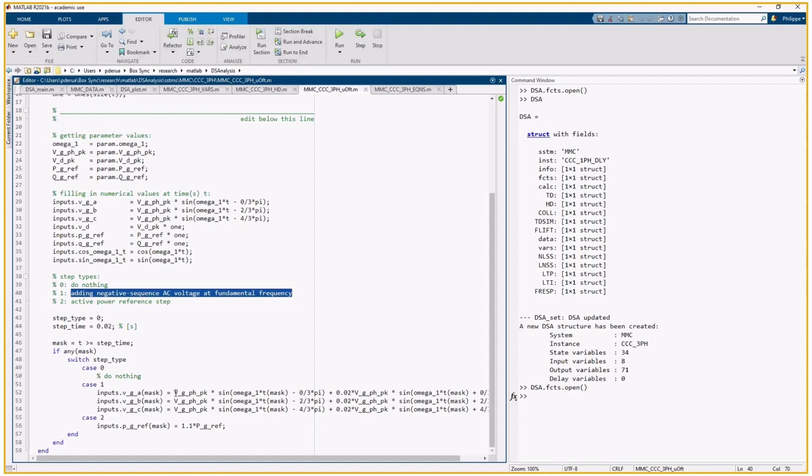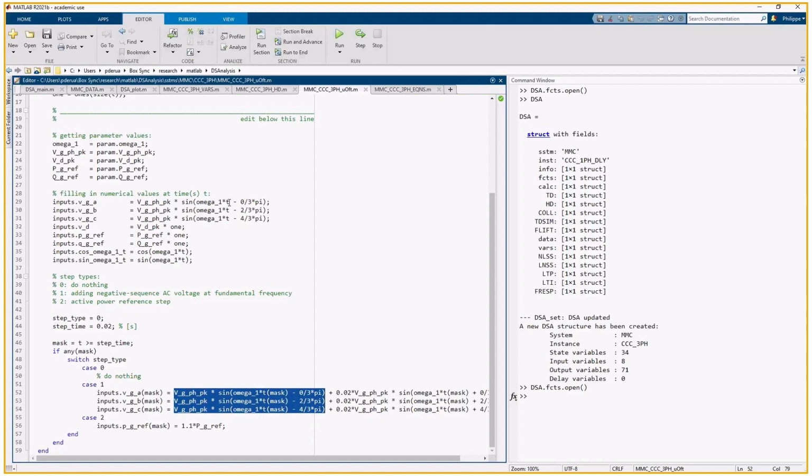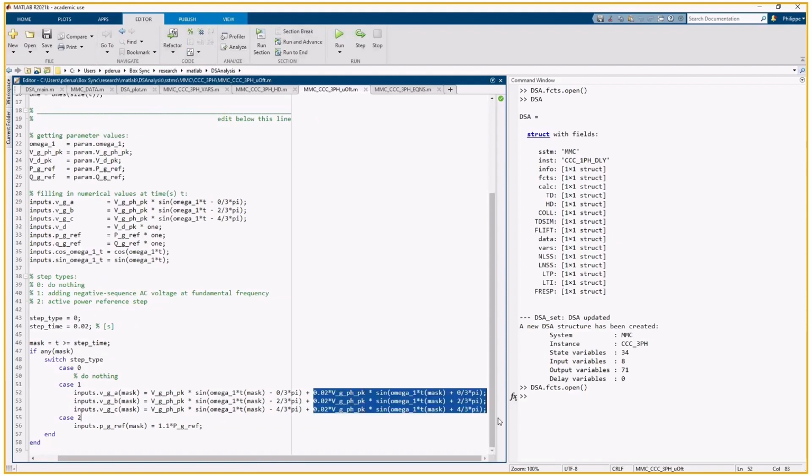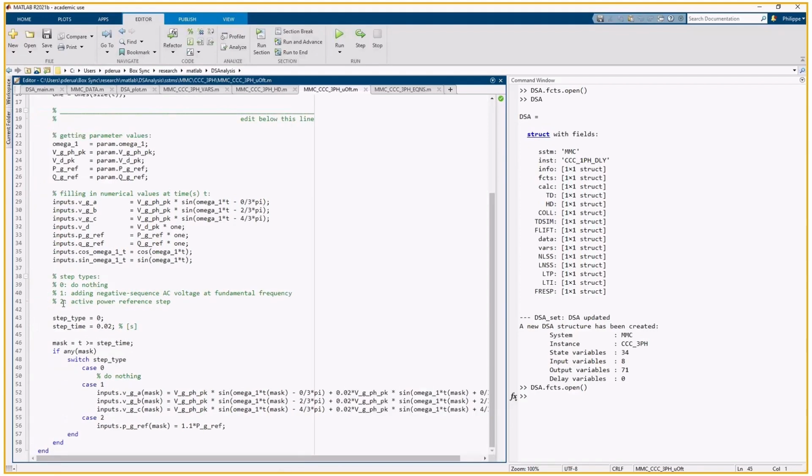This is something that I see as I have these waveforms for the positive sequence, and I have this smaller amplitude multiplying a waveform for the negative sequence component. And lastly, I have defined a last type of step. It's an active power reference step, where on the mask I increase the value of the active power reference to 1.1. So those are the things you can do